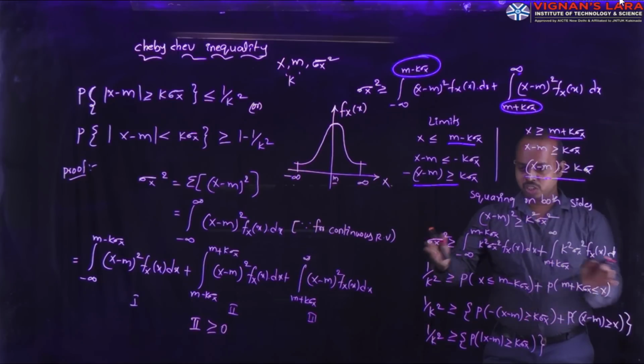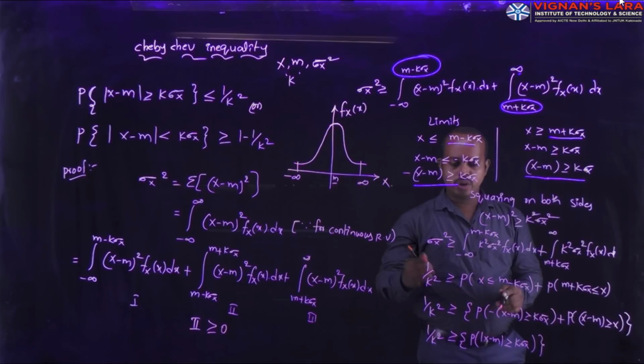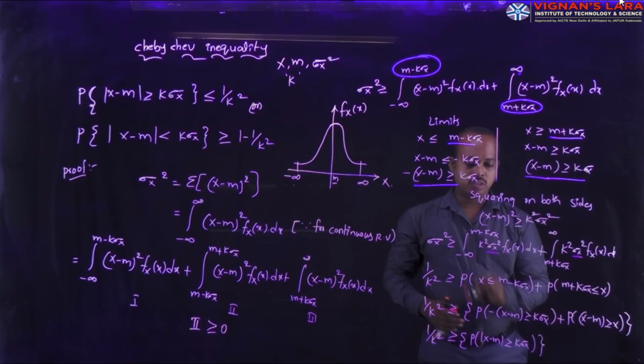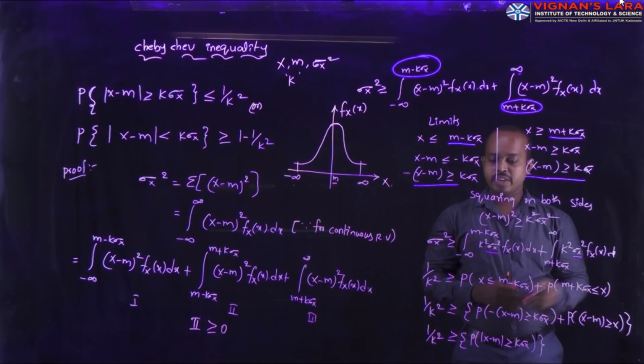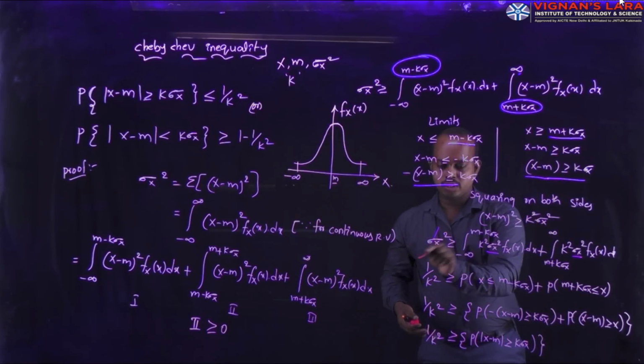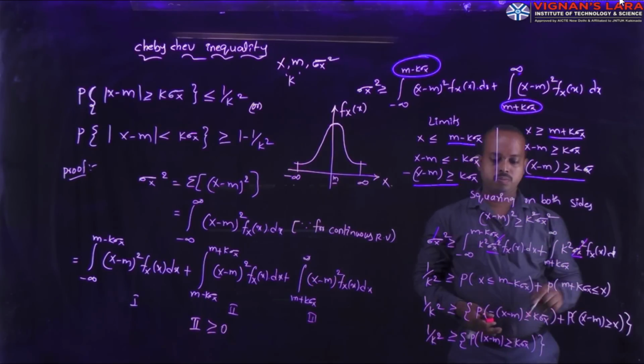We can observe the left side and right side, what quantities are common. In both sides, the common term is sigma x square, here sigma x square. You can take the common term and cancel it on both sides. This term is cancelled. The remaining terms are k square, here k square.